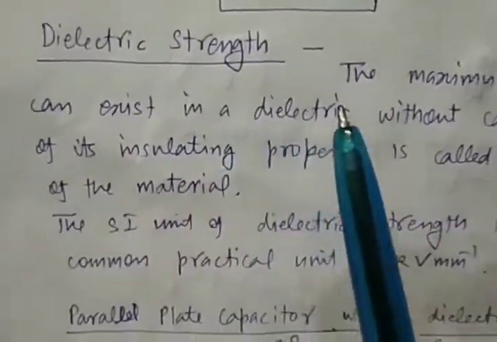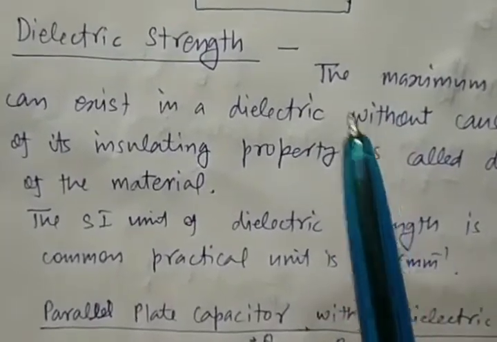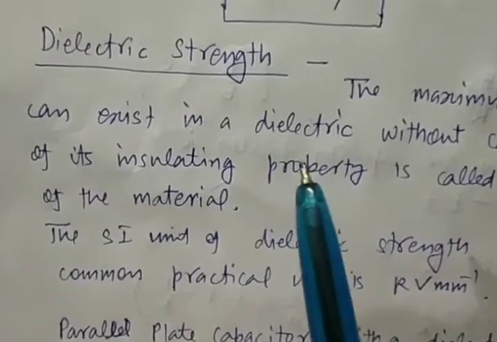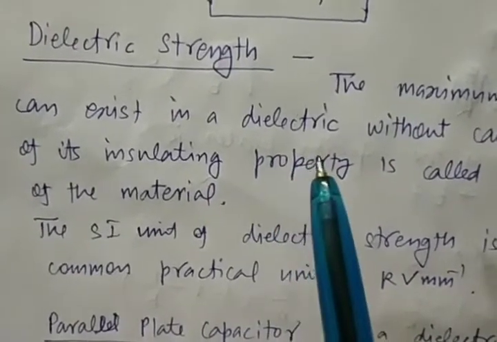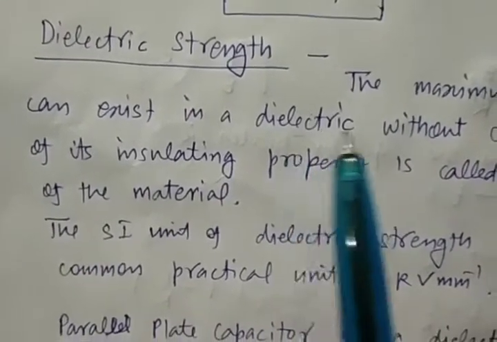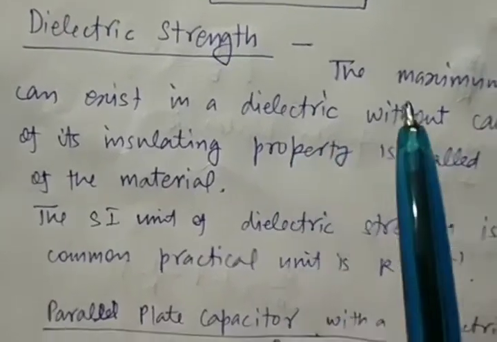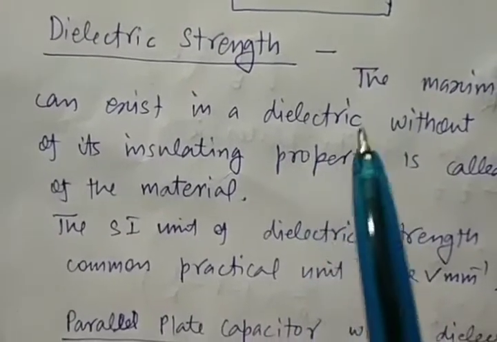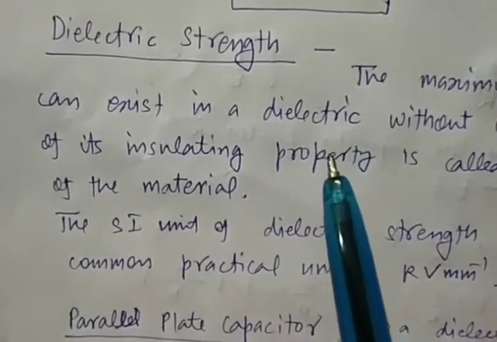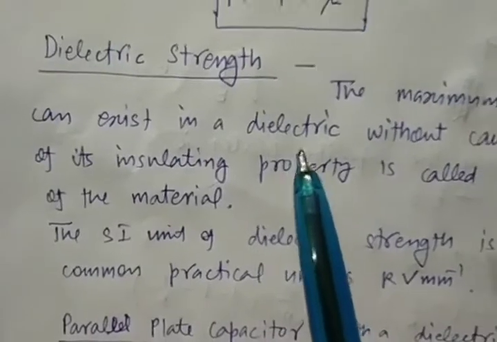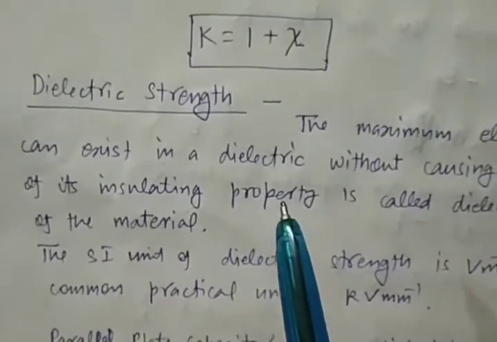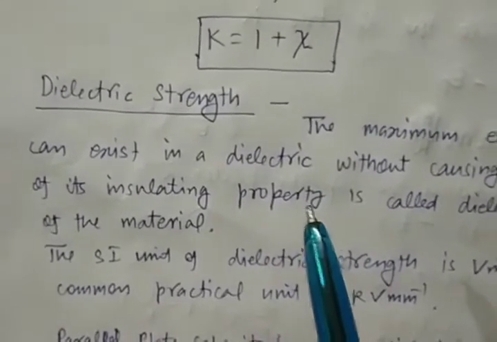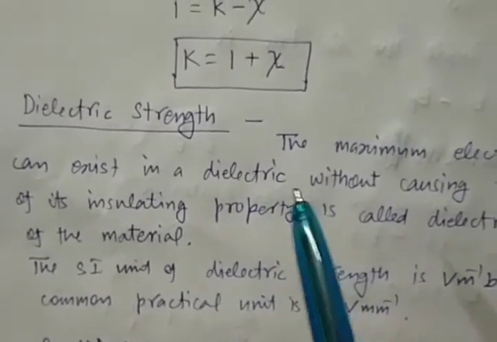As you have seen, electric field induces the charges in the dielectric. The tiny dipoles are stressed, positive charge in the direction of electric field and negative charge opposite. So when the applied electric field keeps on increasing, ultimately a situation will arise that they will get separated, and there is a large number of free charges. So the dielectric, or you can say insulator, becomes